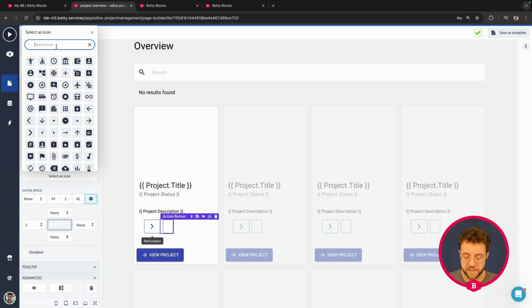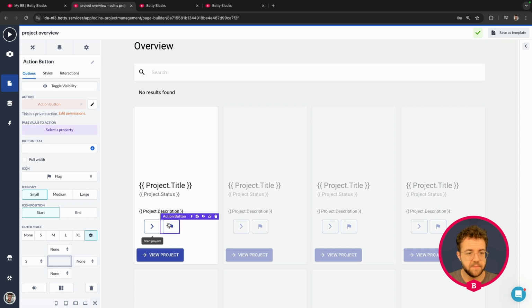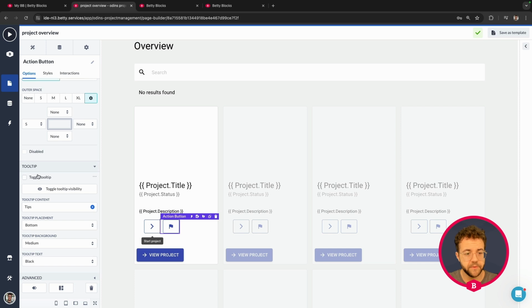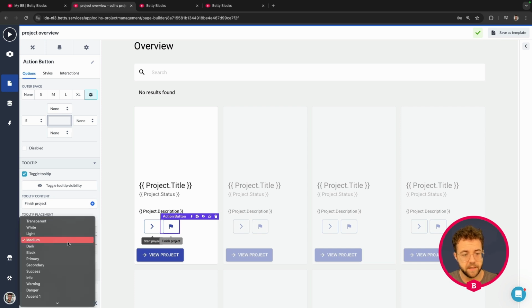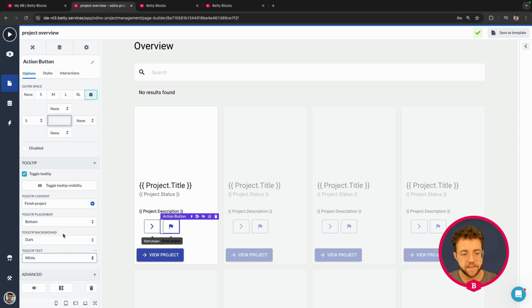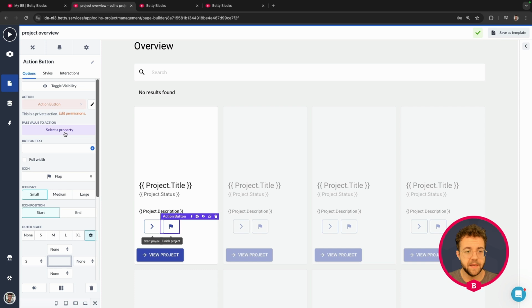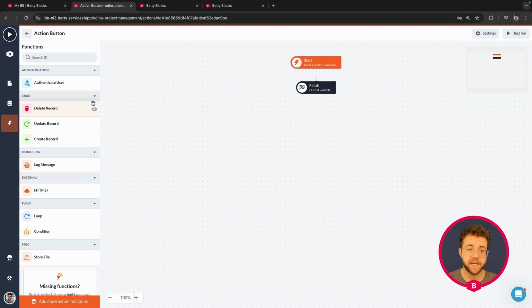Well, what fits with finishing? Do I have a flag? Let's see. Yes, flag. This seems fitting for a finish project. Then I'm going to the tooltip, toggle tooltip, turn on, finish project. There we go. With the same background, so a dark background with white text. Currently they are showing at the same time, but normally you can only hover one button at a time, so these won't be overlapping. And now I'm going to give the ID to my action again, opening up the action,